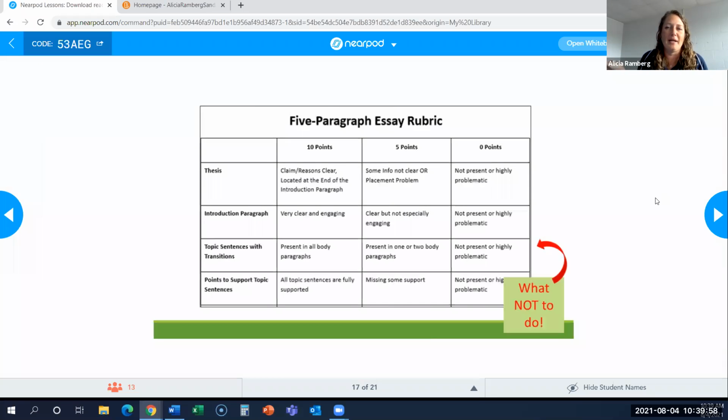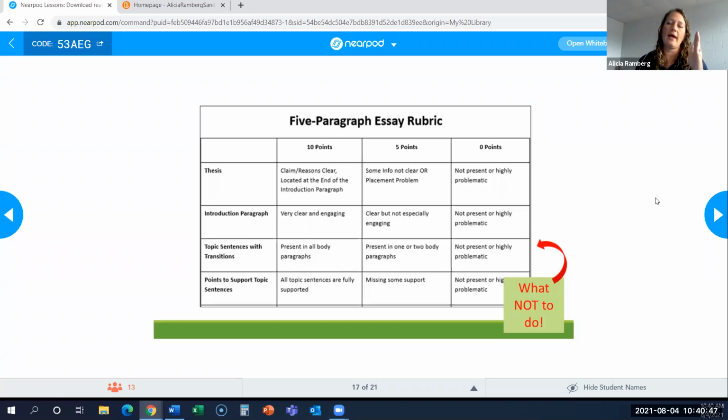As Pete said, what does highly problematic mean? I don't really know, right? That's unclear there. And we even have some things here. If we're thinking about this as a freshman writing course, these are students who are new to this, right? Even on the support, the points to support topic sentences, all topic sentences are fully supported. I don't know if that's fully clear on what that means. And I know we go over this in class, of course, but between that and missing some support, it doesn't leave you a lot of room to give detailed feedback to those students. And so if we look at the points and what Cindy was talking about, it's hard to make anything but an A, C, or F pretty much, because we've got 3 levels here, which we said, okay, that can work, right? The levels, but the point